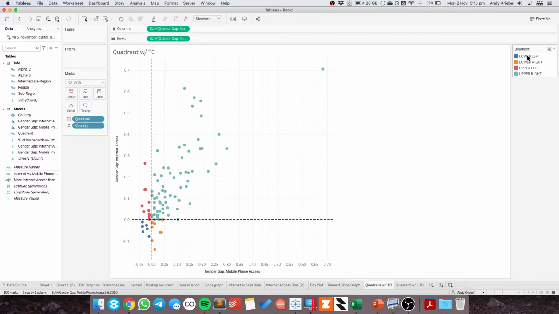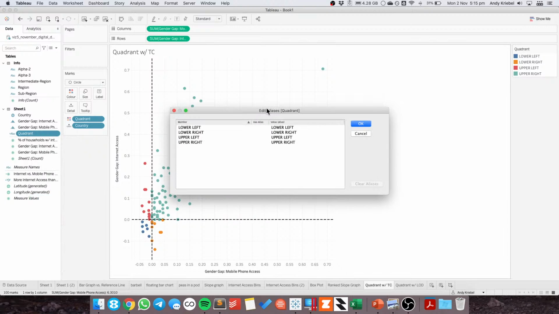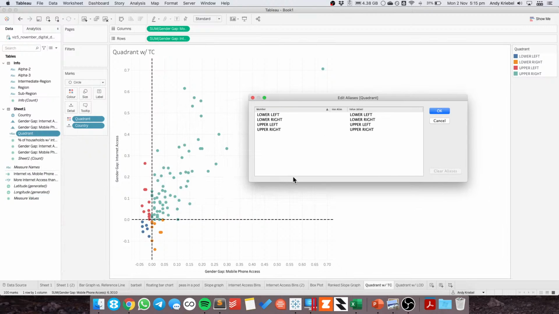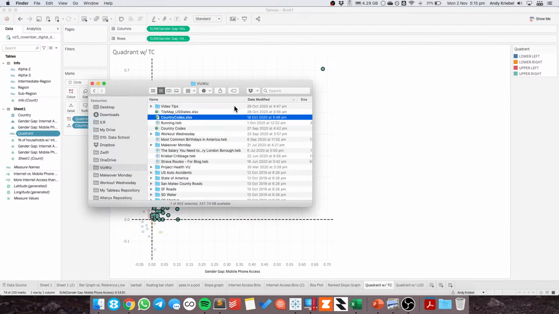Okay, but now that this is the dimension, I could just edit the aliases here. So instead of going into the calculation, I can choose aliases, and I could edit the names here. So this is telling us that the ones that are green are the ones where men, so out of these, 74 out of the 100 countries, actually, I'm going to double check and make